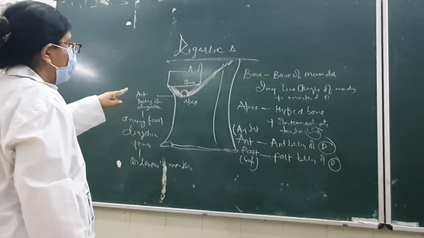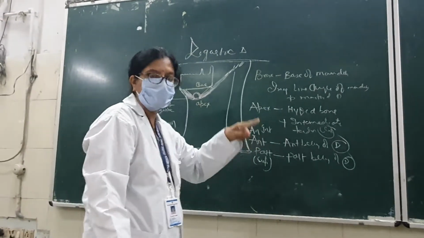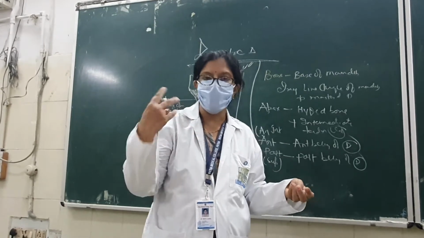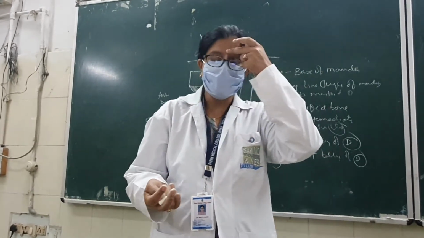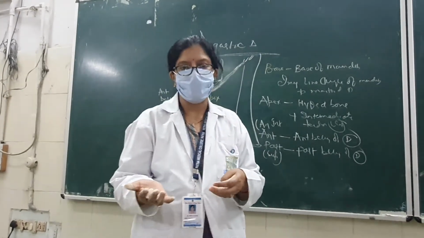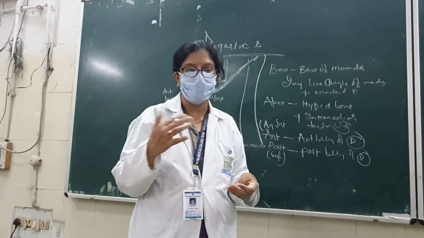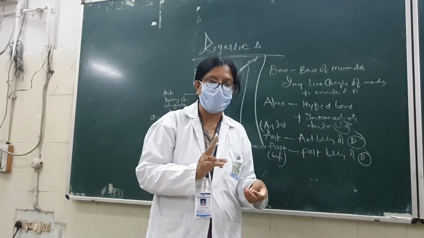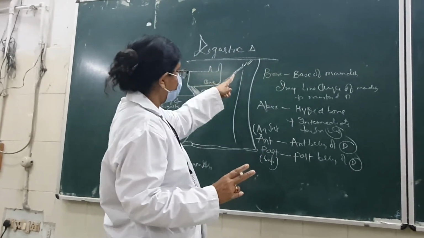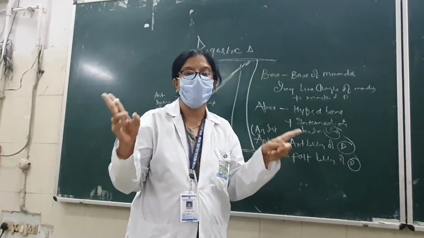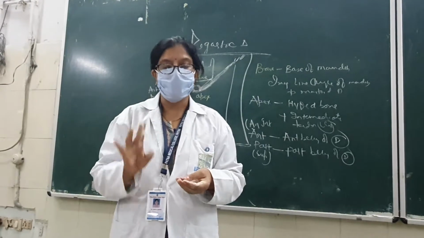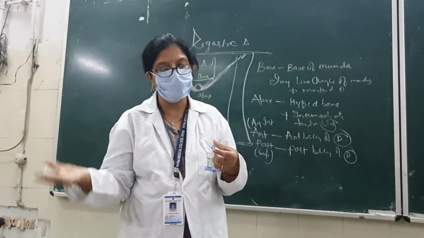So what are the important things to know about this digastric muscle? This is an example of which type of muscle, with two bellies? This type of muscle will be asked in your viva, and it's a very important general anatomy muscle. It has two bellies, and the important thing to know is that the two bellies follow different embryological origins, which is mostly asked in your MCQs and in your viva.